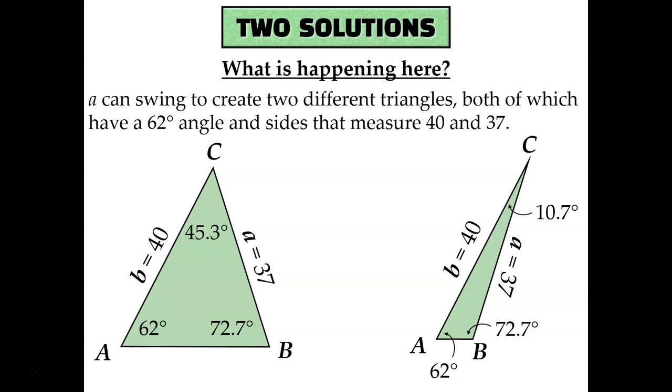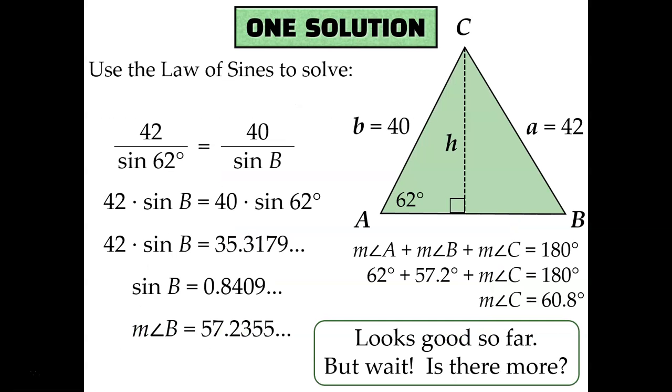So then how do we ever only end up with one solution? Well, in this example, we have angle A is 62 degrees again, little b is 40 units again, but this time little a is 42 units. So set up my law of sines, cross multiply, the sine of b is less than 1, so I can calculate its measure, use the inverse sine of both sides to find out that the measure of angle b is